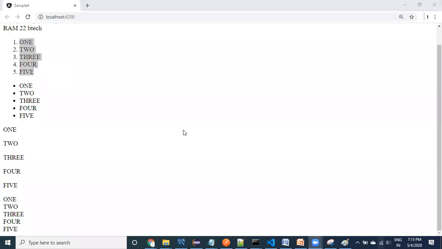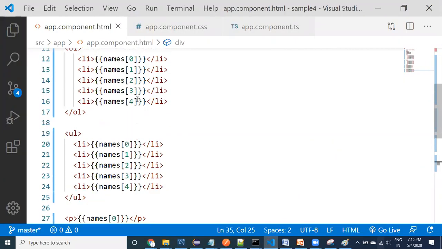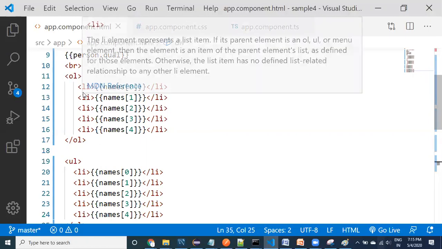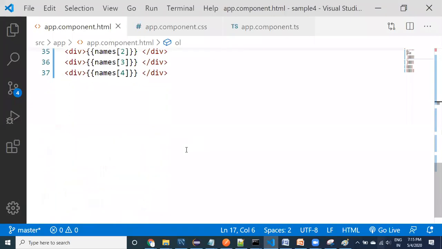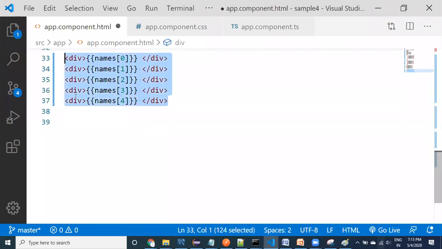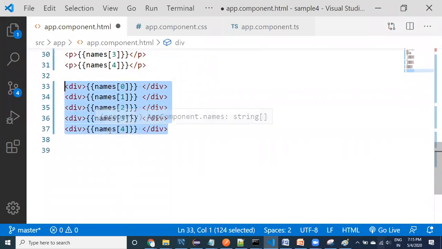All right, guys. Now go back to your HTML file. Here, see here, guys, the same array we can display in different approaches. Instead of displaying 5 divs, you can use a loop. If you have 5 values, you have to use 5 divs. If this array contains 20 values, then I have to use 20 divs, right? That is not fair, writing 20 divs.